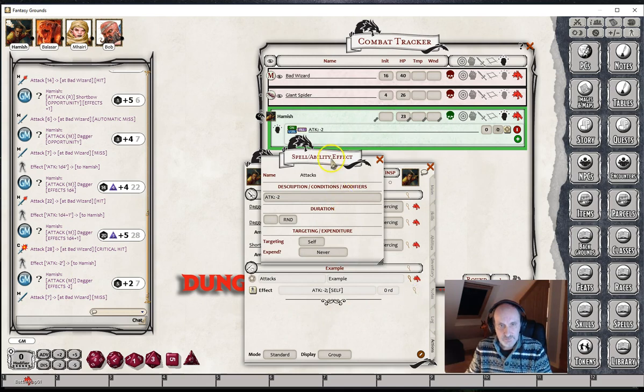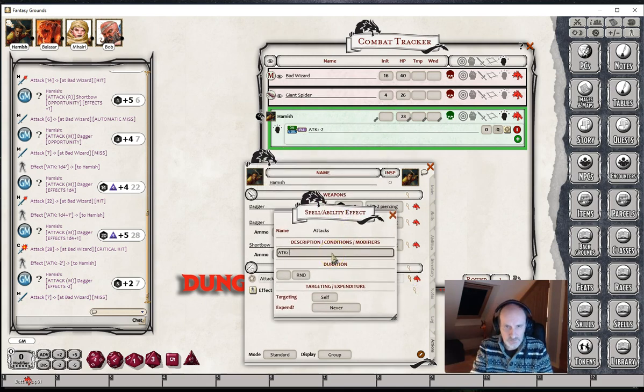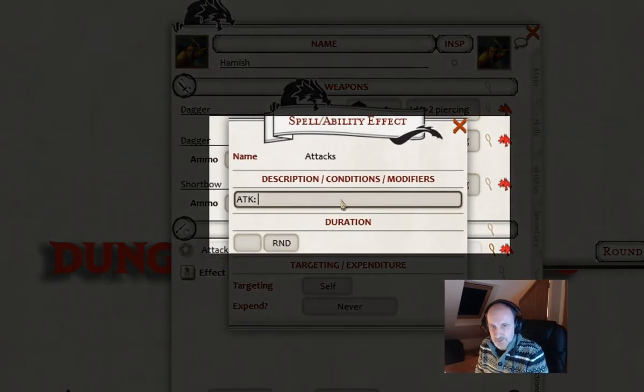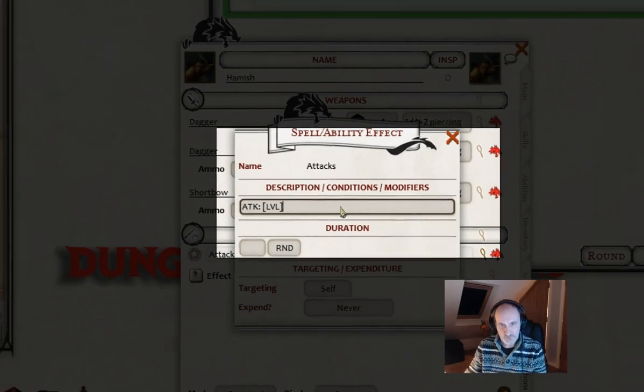We can take this even further. Sometimes due to a spell or some other ability, the player may get a bonus to attack or damage or something like that, which is related to his level. Fantasy Grounds can cope with that, but we need special syntax. We need to use square brackets, and within the square brackets we need to tell Fantasy Grounds what we want to modify the attack by. And in this case it's level, so LVL. Close the square brackets,